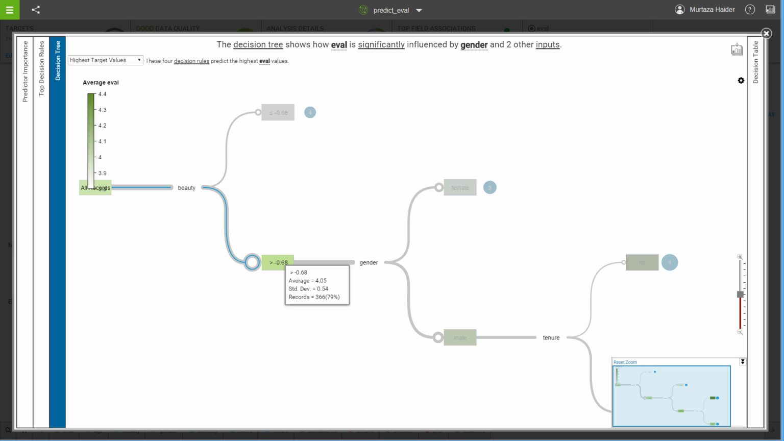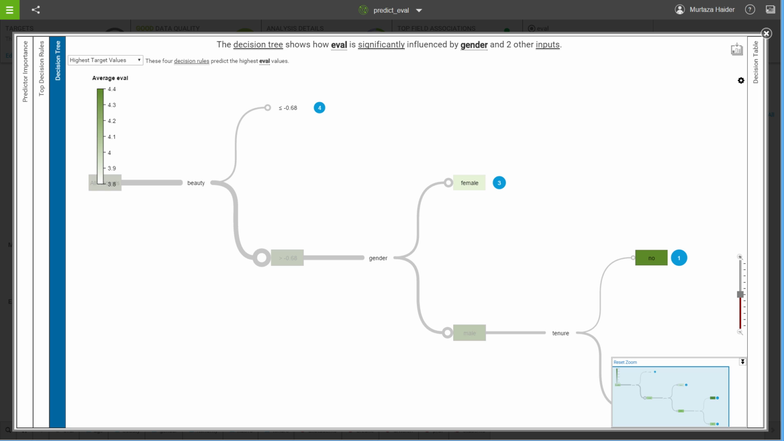Then we see the next break happening at gender, where males had an average teaching evaluation of 4.18 compared with females who had a lower teaching evaluation of 3.89. And finally, we look at the last break, which happens at tenure, whether instructors were tenured or otherwise, and we